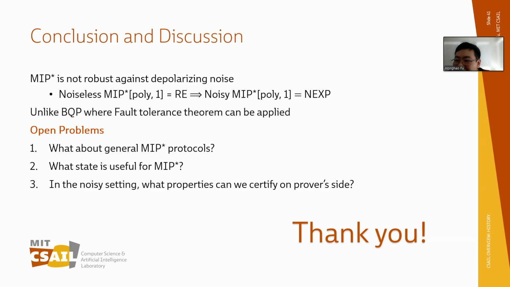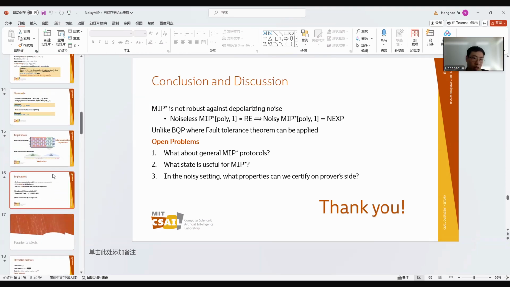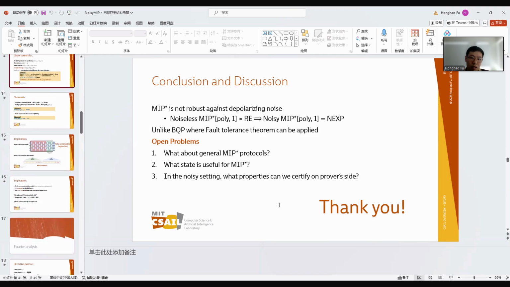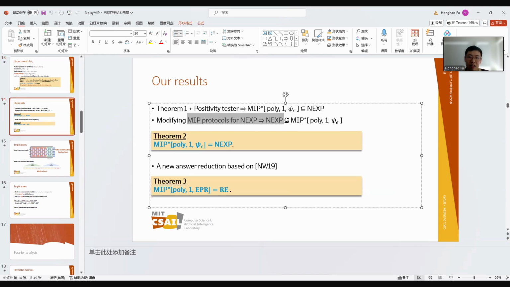Nice. But to jump back to this: is it clear that if you have EPR pairs with epsilon 1/poly, you have a working protocol? I mean, your bounds that show that MIP star breaks down. Yeah, those bounds break down. Yeah, sure, we have this bound, but we don't have this kind of containment if you have 1/poly noise, that kind of thing.